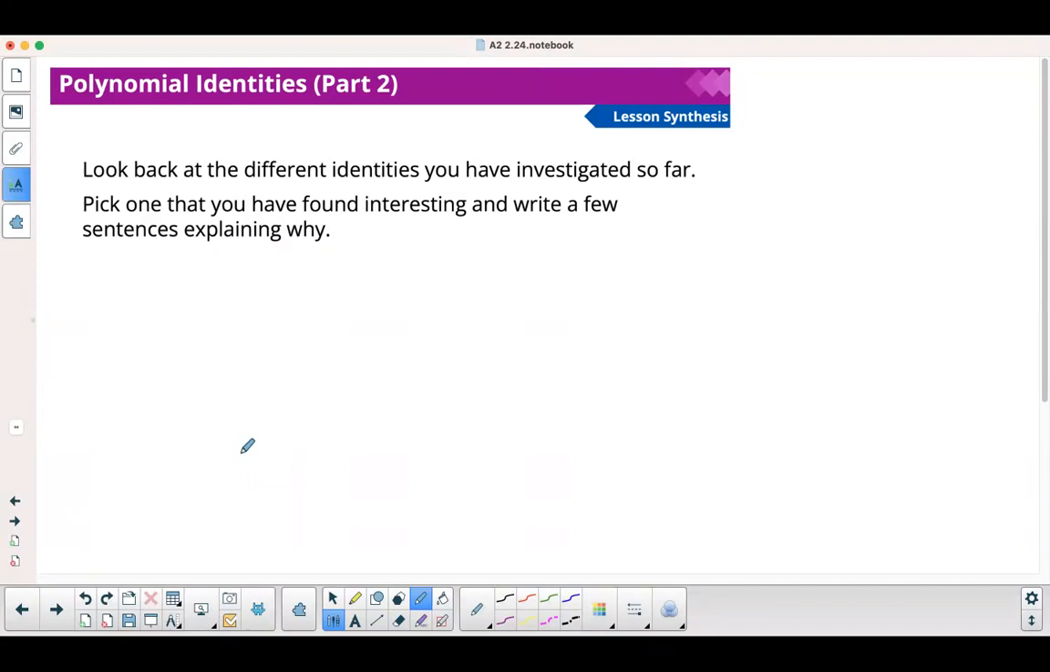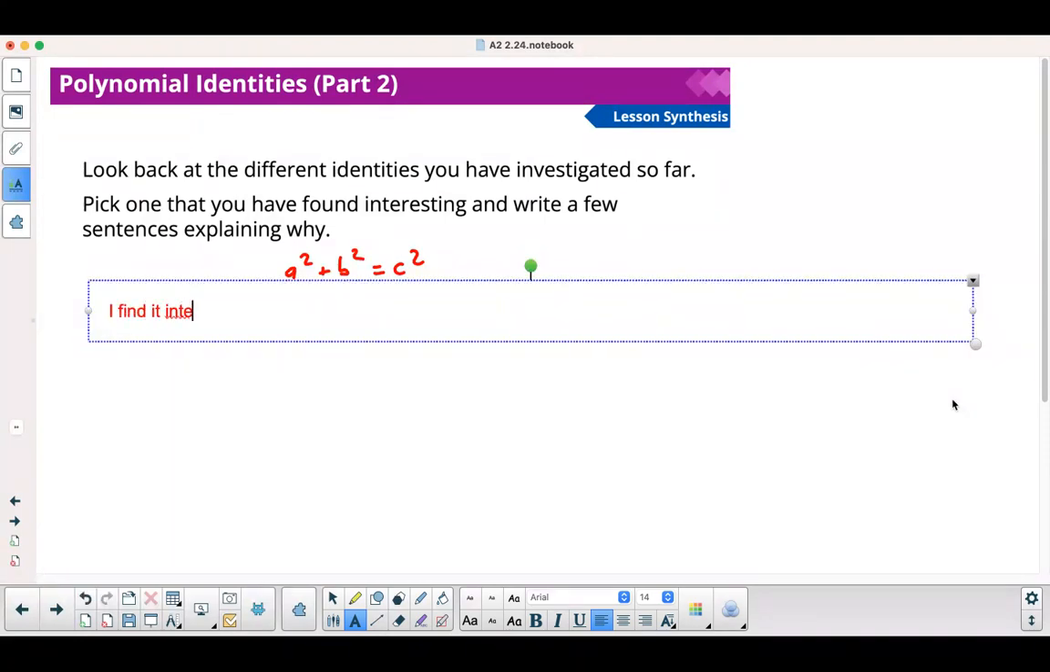All right. So lesson synthesis. Let's look back at different identities you've investigated so far. Pick one that you found interesting and write a few sentences explaining why. So I'm going to go with the Pythagorean theorem: a squared plus b squared equals c squared. Why is that interesting? I should just say that I find it interesting that the side lengths for any right triangle can be plugged into this formula,